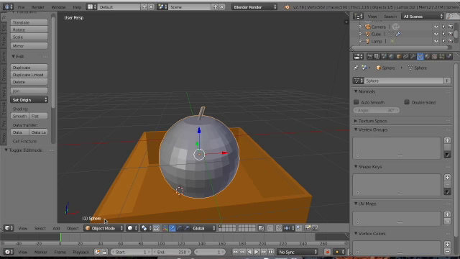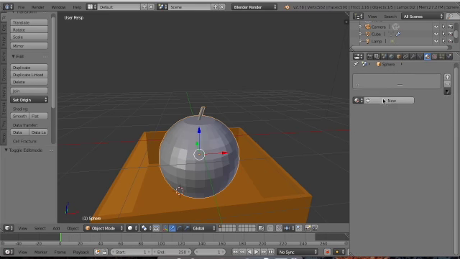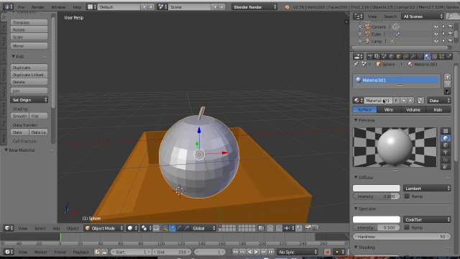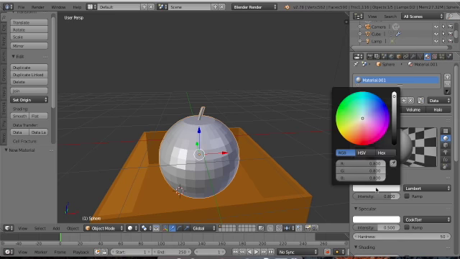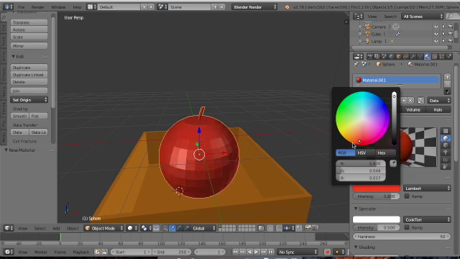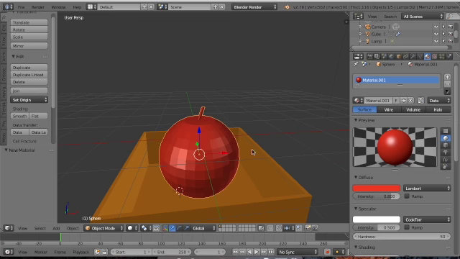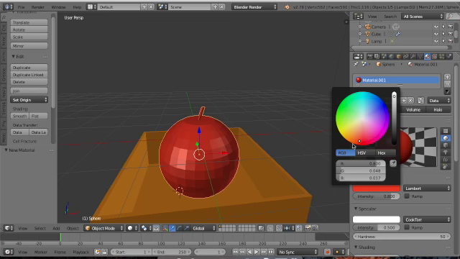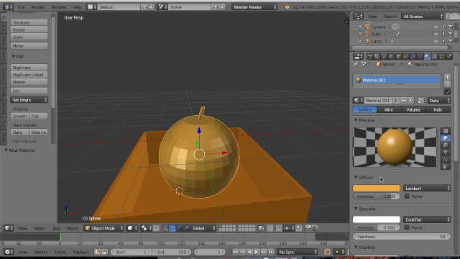Object mode. And material, well, oranges are brownish and yellowish, reddish, and here I will give it some, let's give it red color, yellow, brownish color,